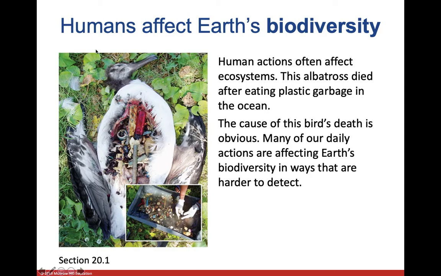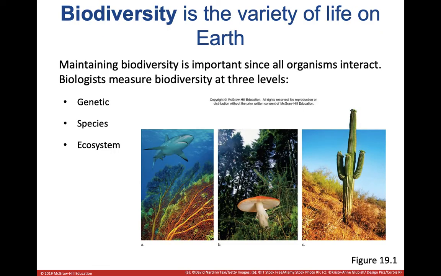So in some ways, it seems really obvious, the things that we do, throwing out plastics and things like that. But it's not always obvious the things that we do and how those things impact the earth and the animals around us and the animals that live with us. So why does it matter that we want to keep these animals alive? Why do we want to keep the earth healthy? Why do we want to keep the animals around us around? Why do we want to keep a lot of species on the planet? Why is this important?